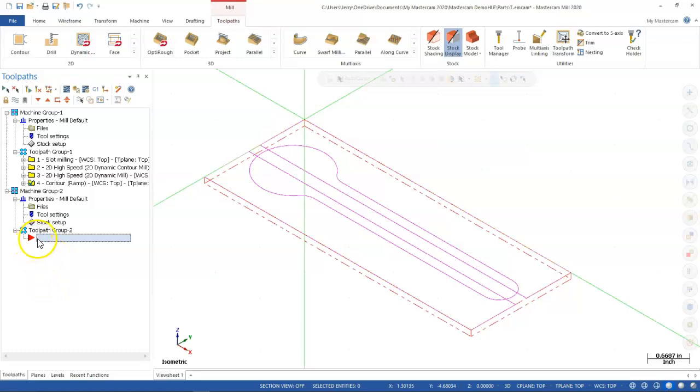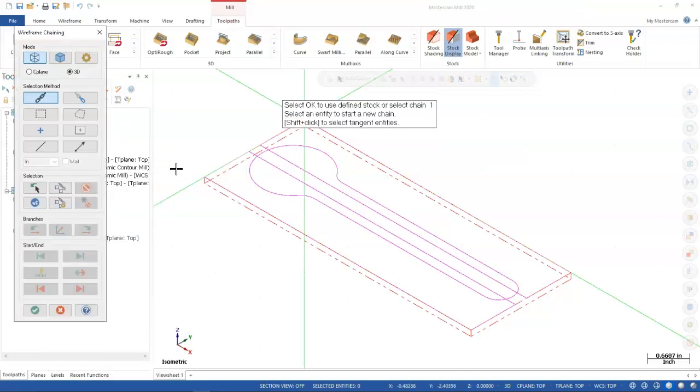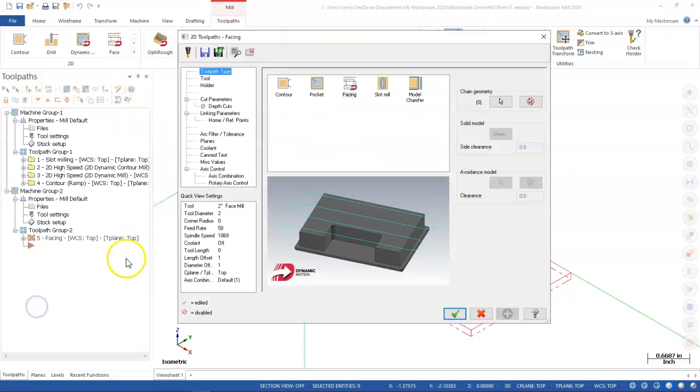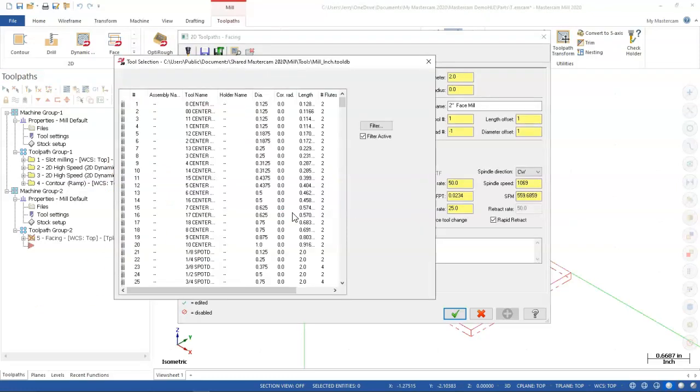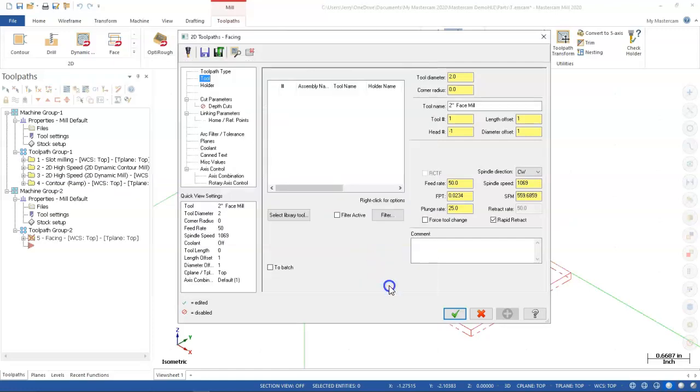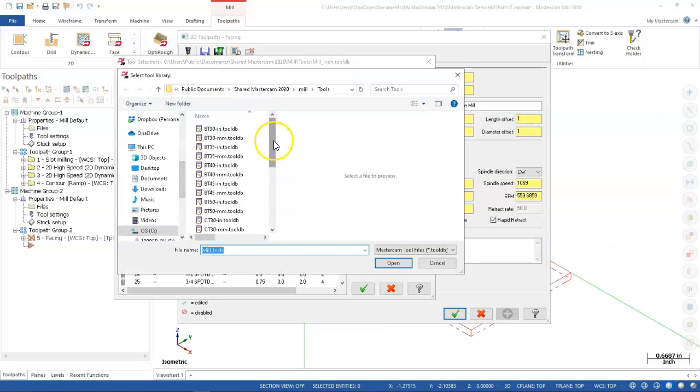All right, so for this, then we go toolpath group to machine group 2, and let's just treat it as the facing operation. It's going to pick up the entire stock. The tool, we'll go back to the library. It picked up, so we got to go through that same process of adding the library. And not sure why it didn't grab. Well, since it's in that group anyway, if it'll let me have it, we'll just come back to